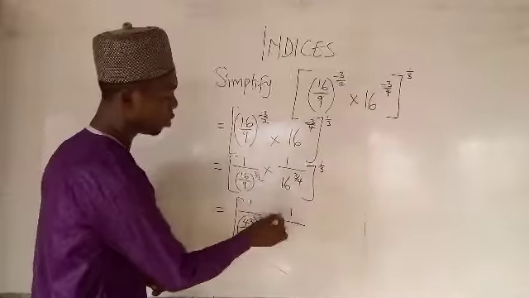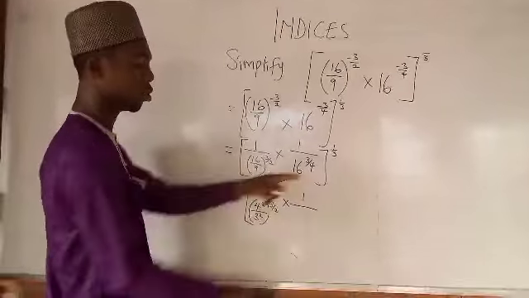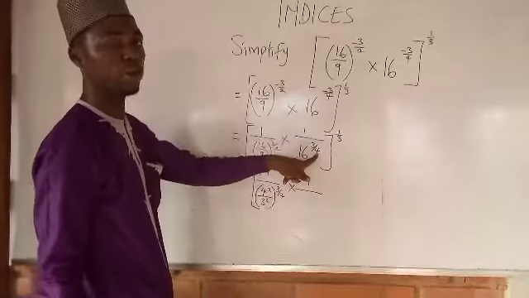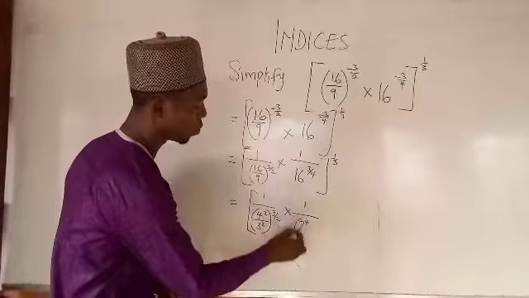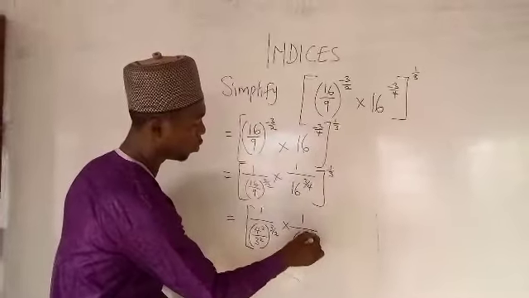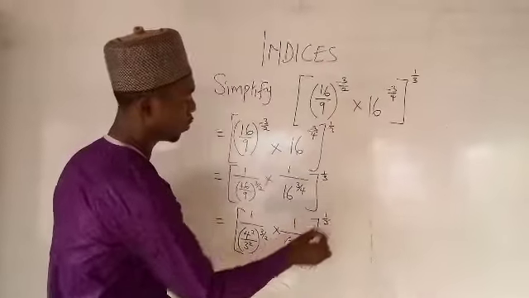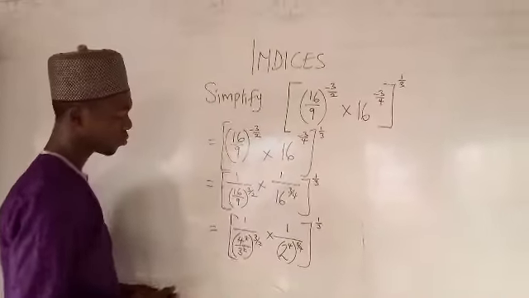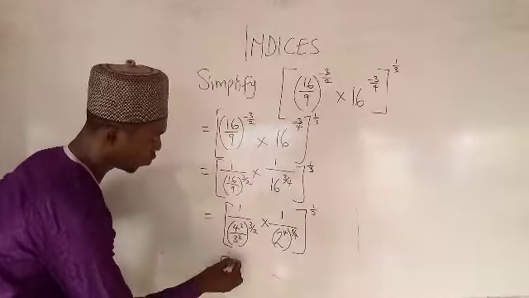We'll apply the same thing here. Something raised to power 4 that can give us 16 because we have raised to power 3 over 4 here. So 16 is 2 raised to power 4. Then raised to power 3 over 4. We have 1 over 3 outside. So this is 1 over